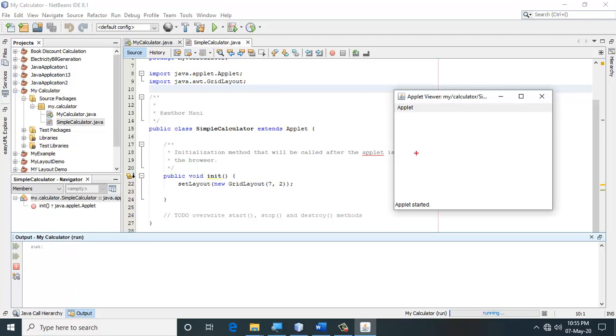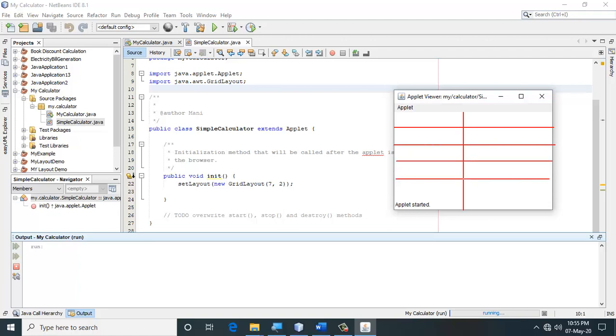So what is that I'm going to do over here is I have splitted this whole thing into 2 columns and 7 rows. So there is going to be 7 rows over here. So what are the things that I'm going to do?